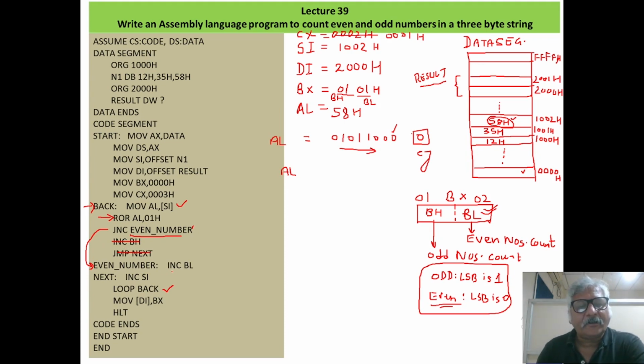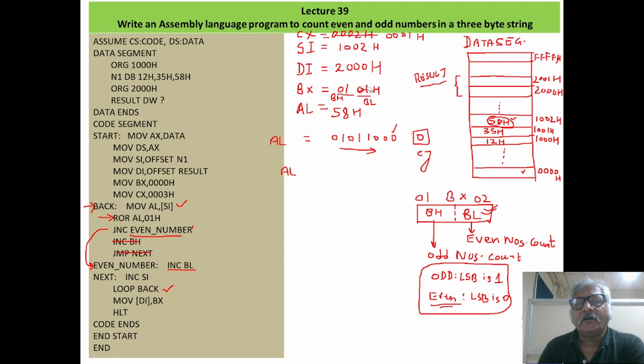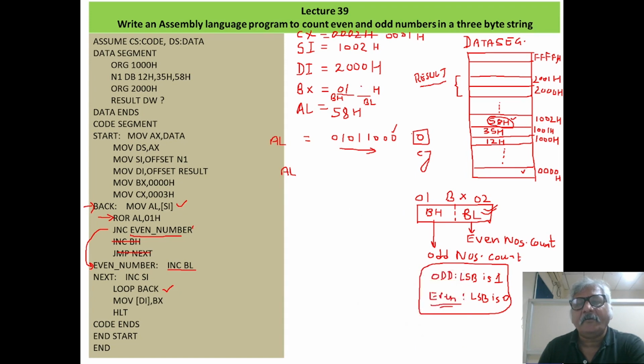So we come to this place, and here INC BL. It will record this even number in BL register again by increasing its content by 1. So BL will become now 02 because this is my second even number, right? So it should be recorded in BL. So BL is now 02. Okay.